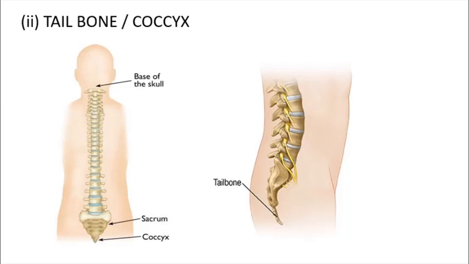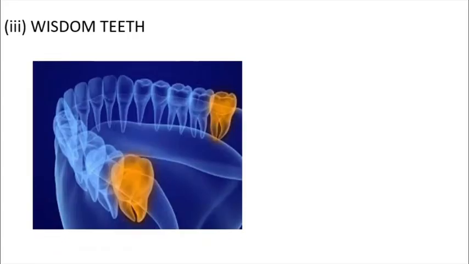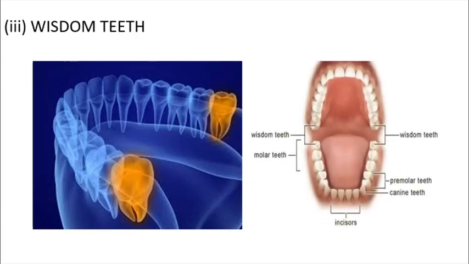The third vestigial organ is wisdom teeth. Now children, it is believed that wisdom teeth used to help human ancestors grind plant tissues. It is also thought that the skulls of human ancestors had larger jaws with more teeth. But due to evolution, the size of our jaw has reduced, so wisdom teeth have become a vestigial organ for us. Other vestigial organs include the ear pinna,